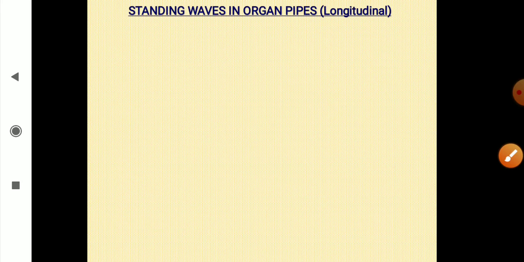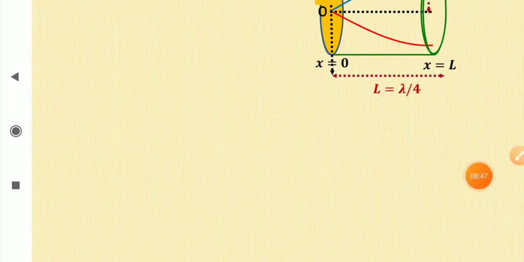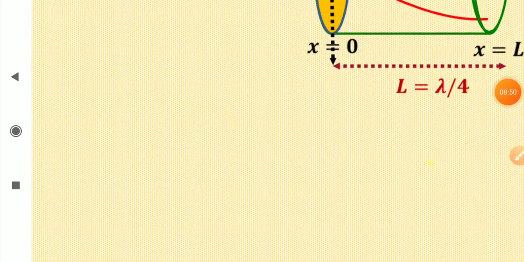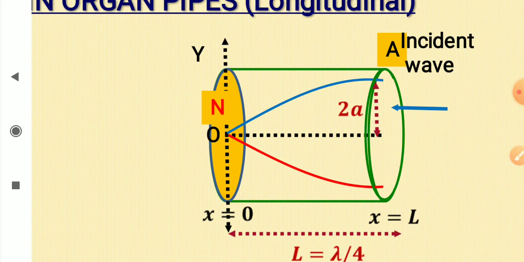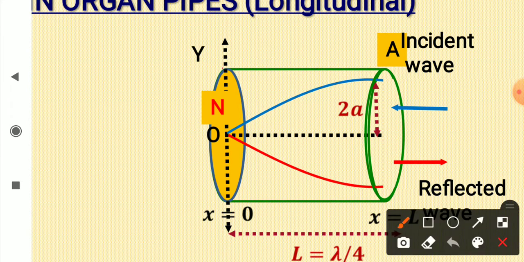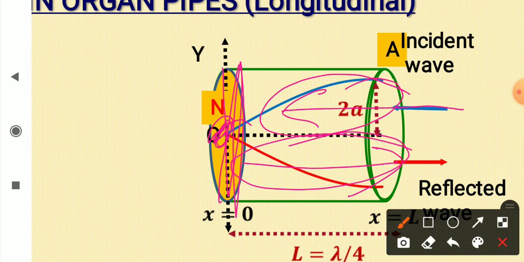And now standing waves in an organ pipe which is closed at one end. Now this organ pipe is closed at one end, and look at it, incident wave and reflected wave. So we have taken this part as closed. So the incident wave will come from here along minus x axis, which is reflected from the closed end or denser medium, and the reflected wave will come like this. So this incident wave and this reflected wave superimpose to make a stationary wave.